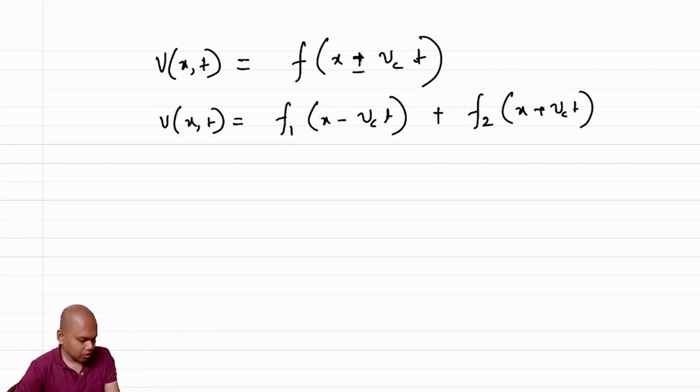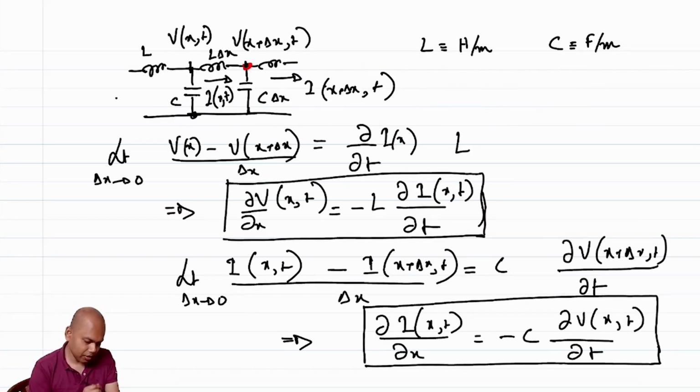Okay, fine. So we need to understand what is meant by these individual terms, f1 of x minus v_c t and f2 of x plus v_c t. But before that, maybe we should also figure out the corresponding term for I. Given that v is known, we can plug in the same value in this equation. You can do it in the next equation also, but let's choose to do the first one, that is del v del x is equal to